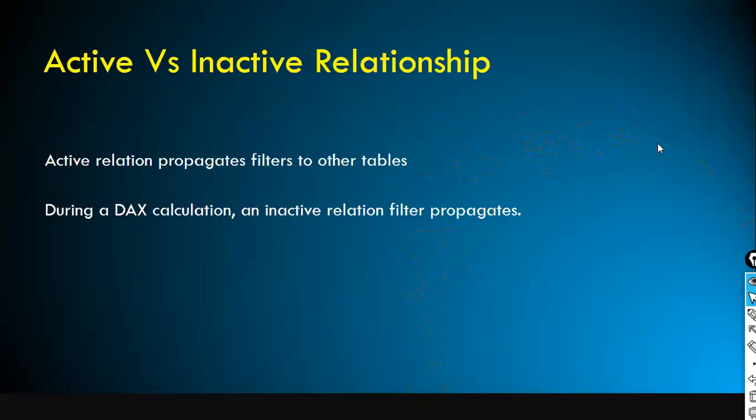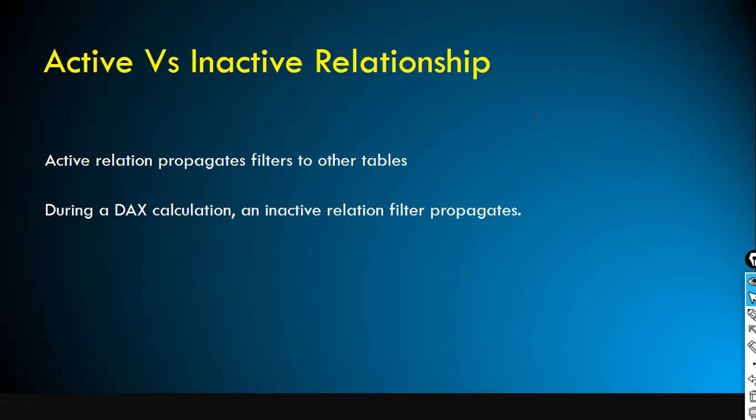Also we discussed active versus inactive relationships. What are active and inactive relationships? This is very specific to Power BI. You can create only one active relationship at a time. Between two tables, you cannot have more than one active relationship as of today in Power BI. You can create more than one relationship between the tables, but at any point in time you can have only one active relationship. For example, in our project, you can tell them,